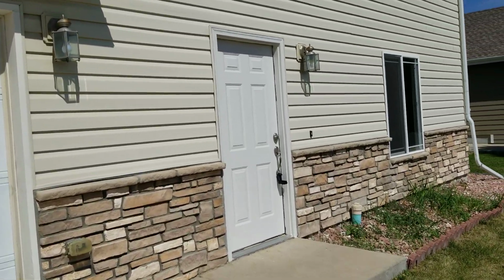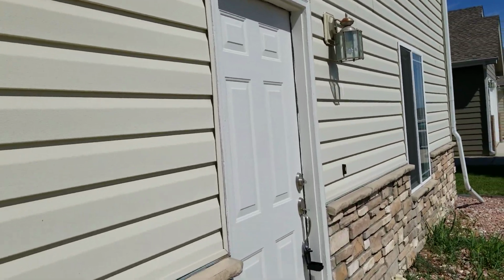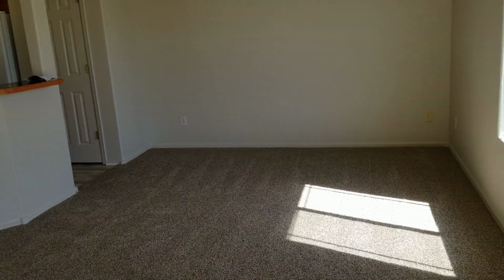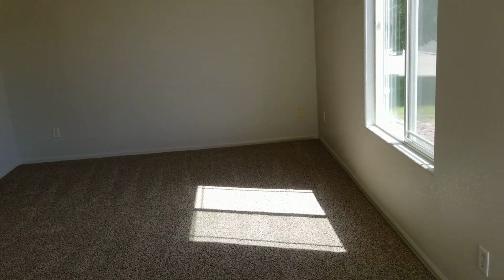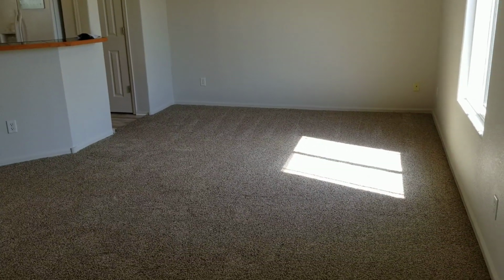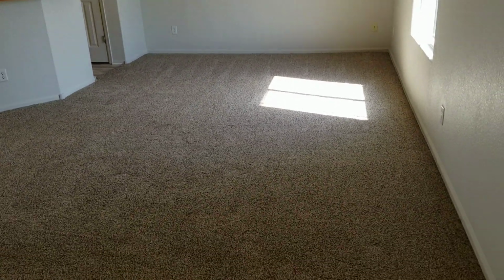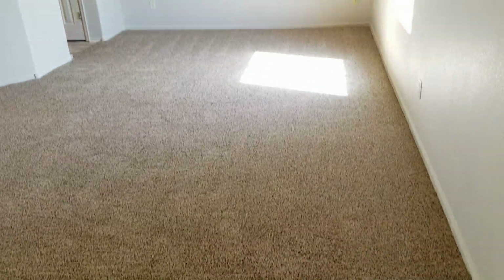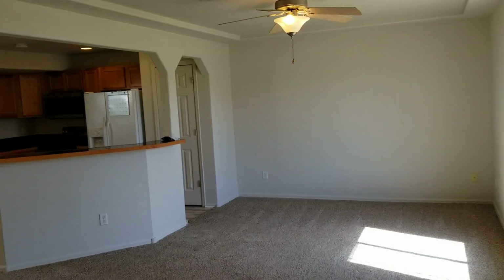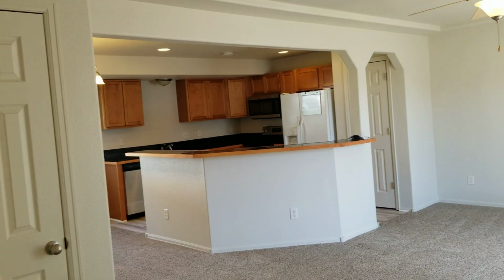This house I bought for $96,900, something like that, in 2010. So it was my very first rental. My wife was pregnant with our twins at the time. There's never a perfect time to buy properties, that's for sure. But this was a really good deal that came up for sale. It was a little frustrating how it worked because it went under contract with somebody else, but then we ended up getting it